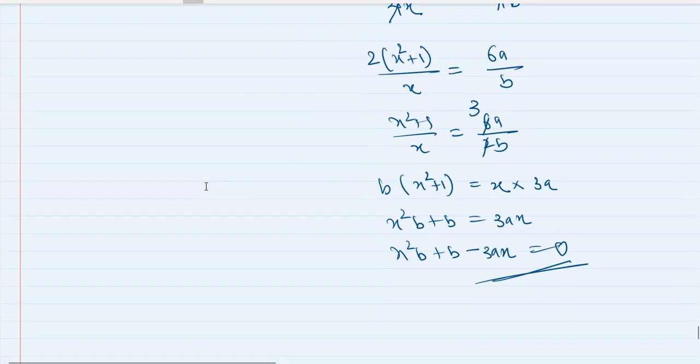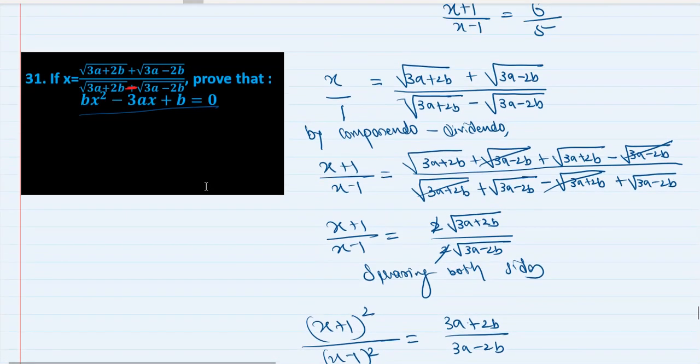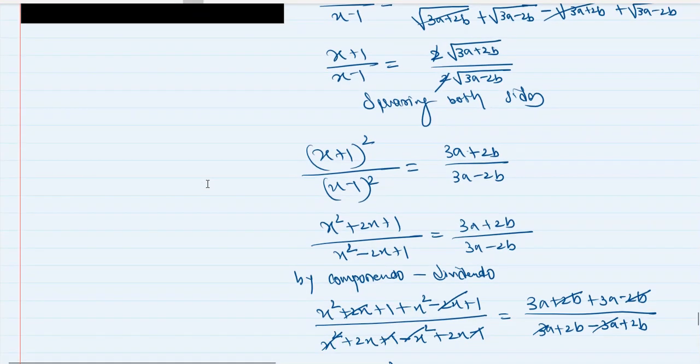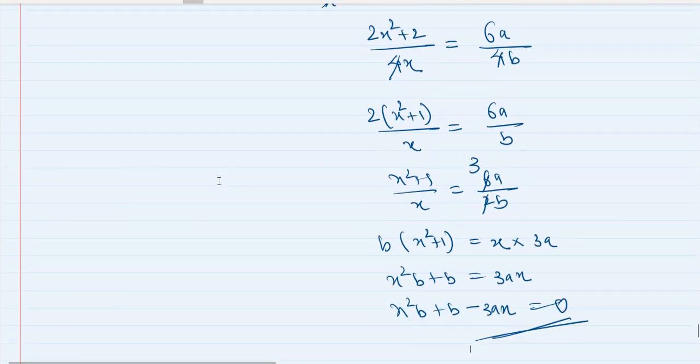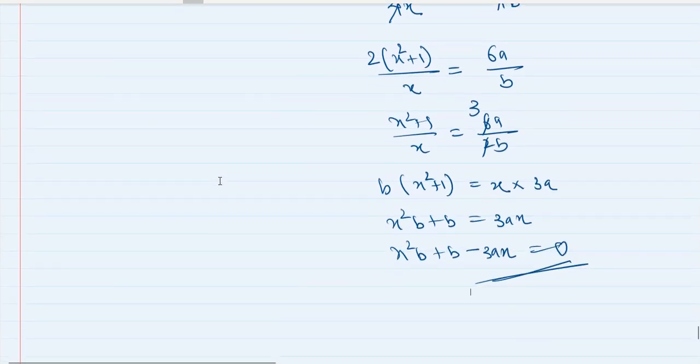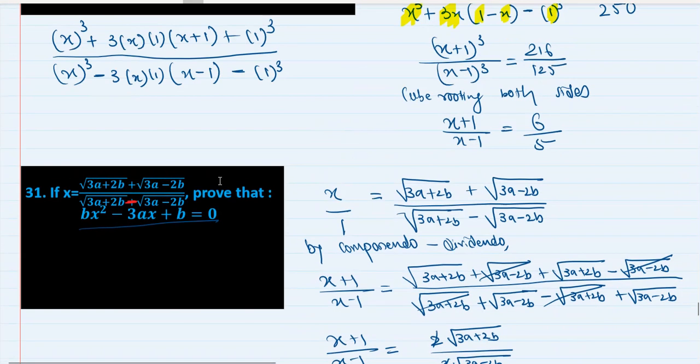Did you understand this? So for simplification, we applied componendo dividendo and then squaring both the sides, and then again componendo dividendo, simplifying, and cross multiplication gives you the answer. So this is ratio and proportion. I hope you understood the whole chapter. It was pretty simple, not very difficult, pretty simple. If you look at a question carefully, maybe a couple of questions will give you some difficulty here and there, but yeah, you will be able to get over them, right?